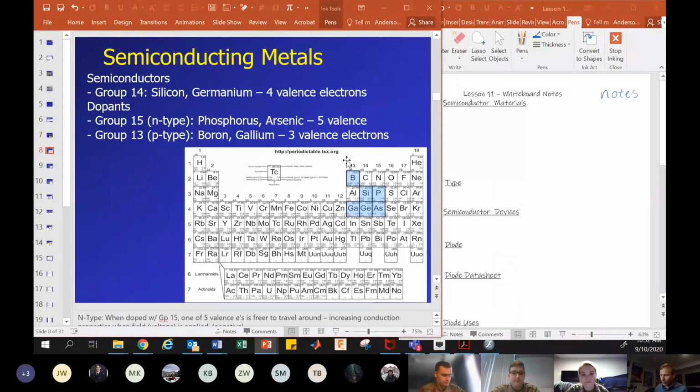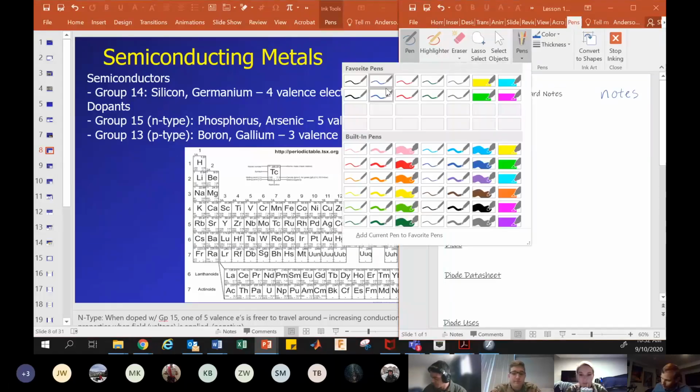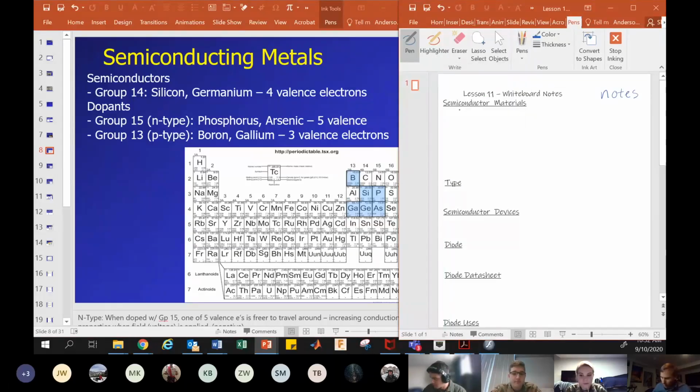Here's the real periodic table. Okay, so semiconductor materials are those that lie in group 14. So the most common ones you've probably heard of, so we're going to take notes now, is silicon, and then less well known is germanium, but germanium actually has a lot of advantages. So silicon is